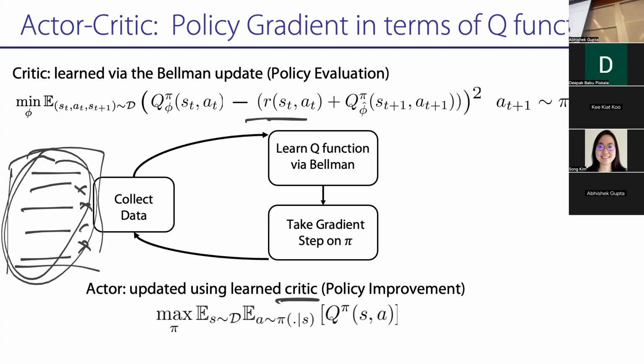I think the terminology is a little bit confusing, but it's online because you're collecting data online, but it's not on policy because on policy would typically denote you're only using your latest batch of data. So it's off policy online. That makes sense. But it's just terminology. The main point is you're collecting data online and you're not throwing away old data.